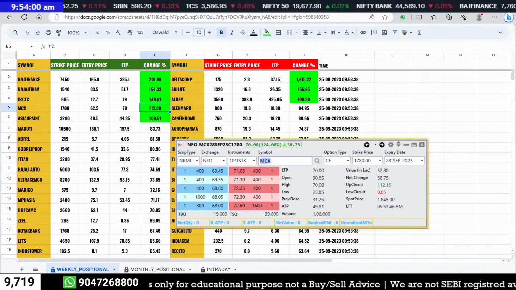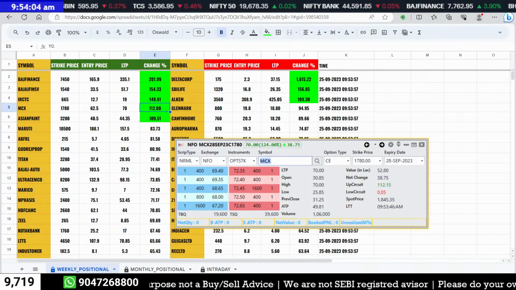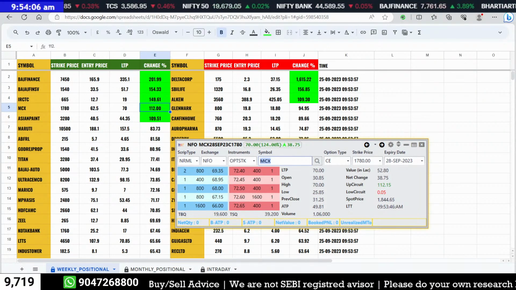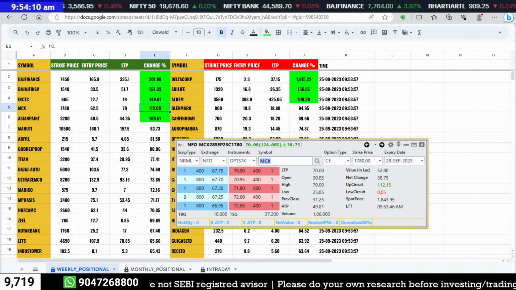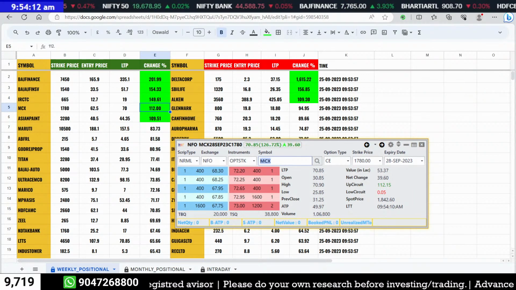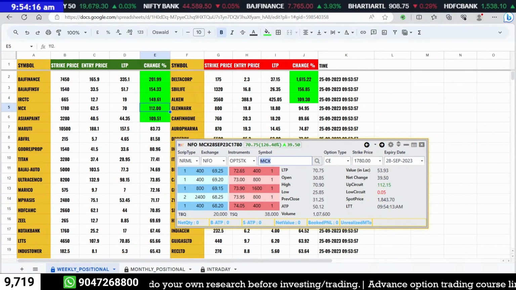I think MCX is now 70. So anyone who planned with that margin of 50,000, so 62.5, and maybe 10 rupees is the 4,000. So maybe 10%, 70.85 is the current price. That works good